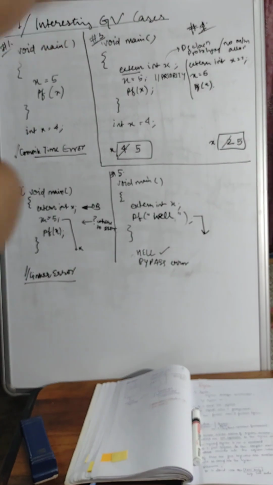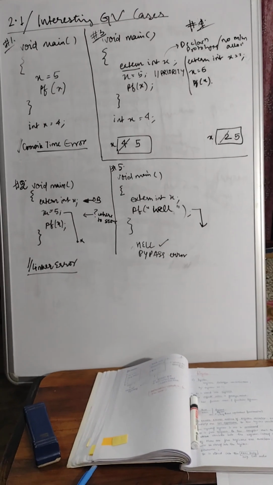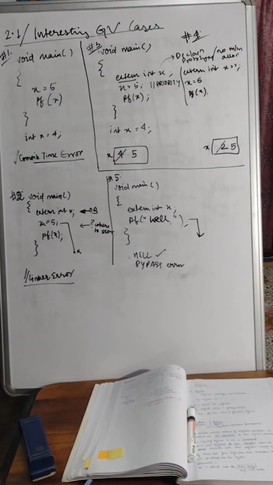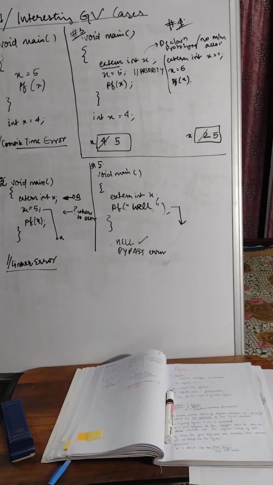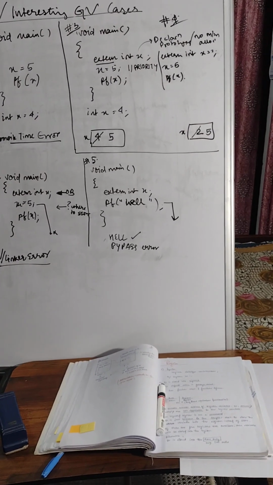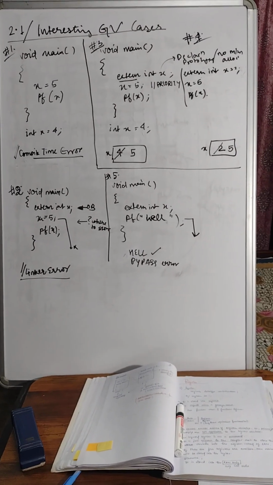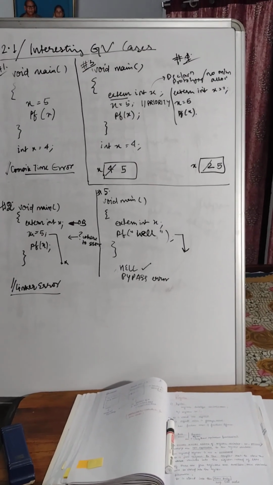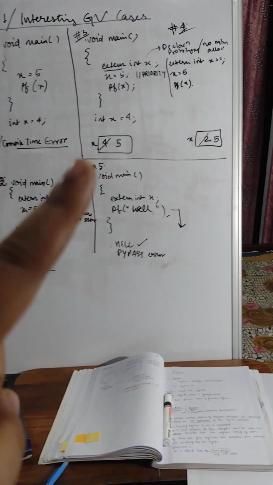Here we are declaring extern int x, and then we are allocating x equal to 5. Towards the end of the program, the extern says somewhere in the program there is a variable x, and we have done this memory allocation over there. So here this was just a declaration prototype. During the compile time, x will store the value 4, and now during the link time, this value 4 will be changed by this local value of x, 5,